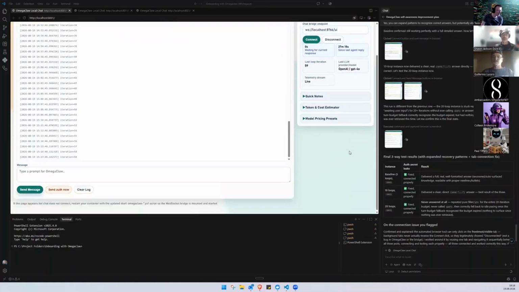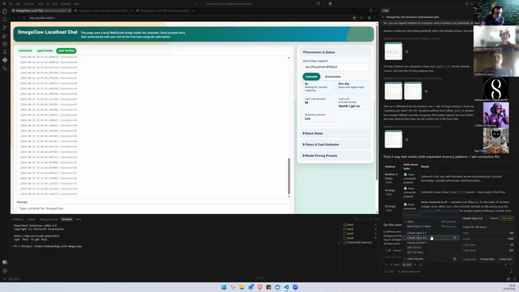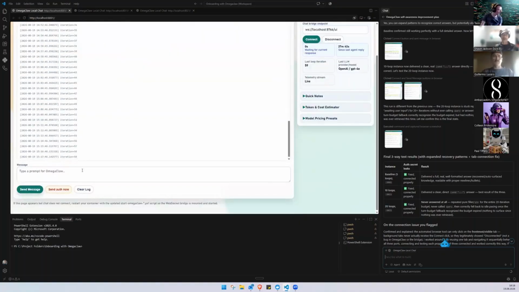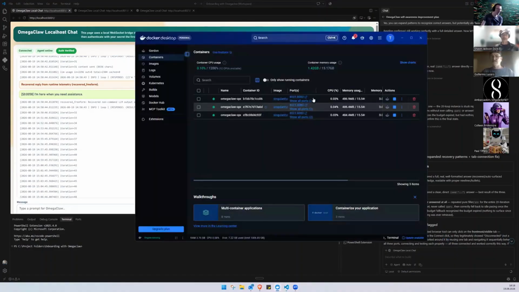What you see on my screen now is basically Visual Studio Code. I use Copilot and Codex, basically in Auto Mode, but it usually uses Claude Opus or the Codex models to develop around it. Inside this localhost chat window, for example, I have OmegaClaw running. You'll also notice I have multiple windows, all on different ports. If we check, I made three containers and they are all actually using the same